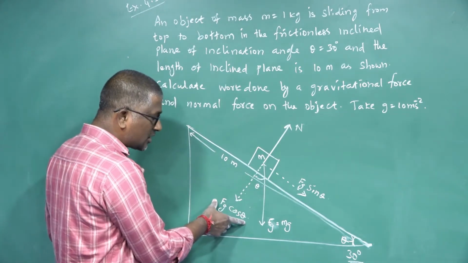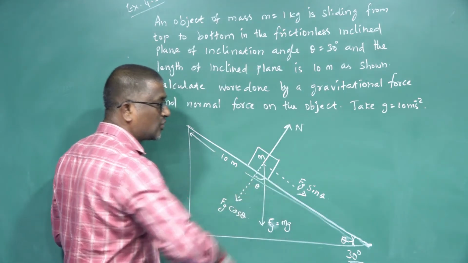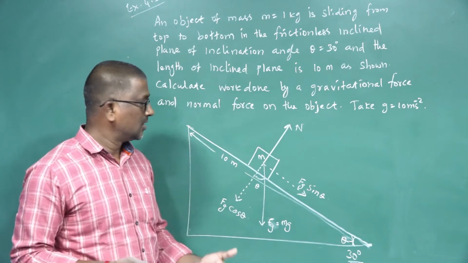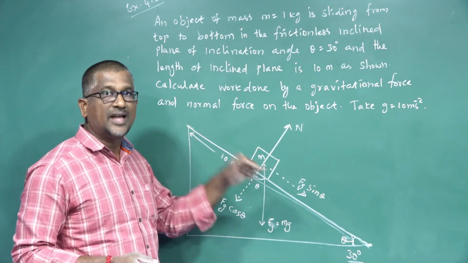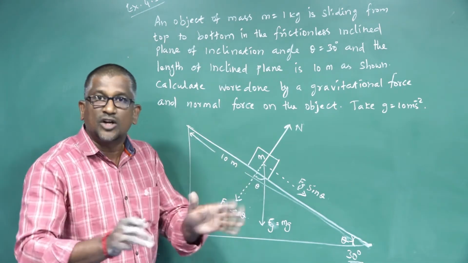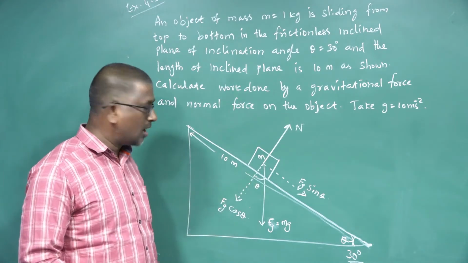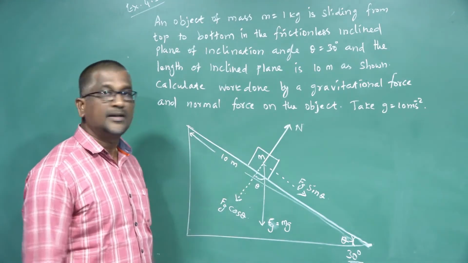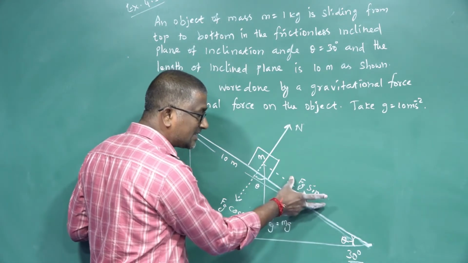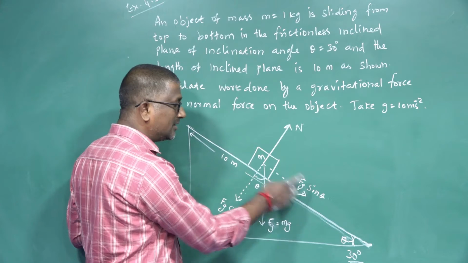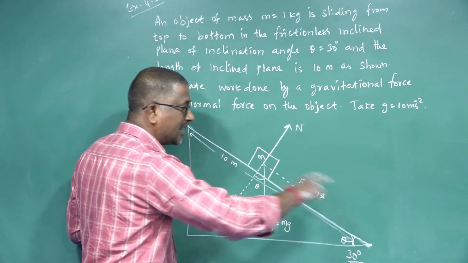Here this cos component, that is the perpendicular component, is perpendicular to the direction of motion of the body. Already I told, if any force acting on the object is perpendicular to the direction of motion of the body, it does not do any work. So Fg cos theta does not do any work on the object placed on the surface of the inclined plane. Here Fg sin theta, that is the sine component or parallel component, does work on the object because this force acts along the direction of motion of the